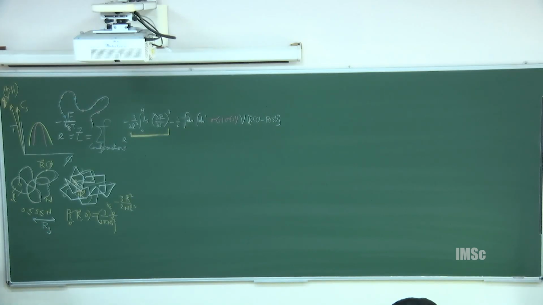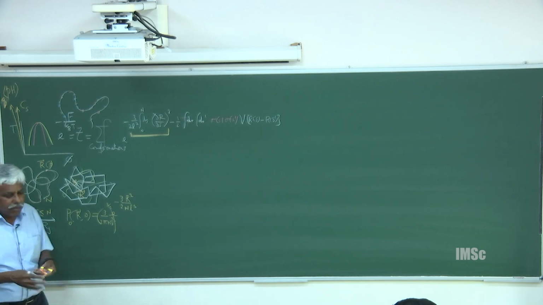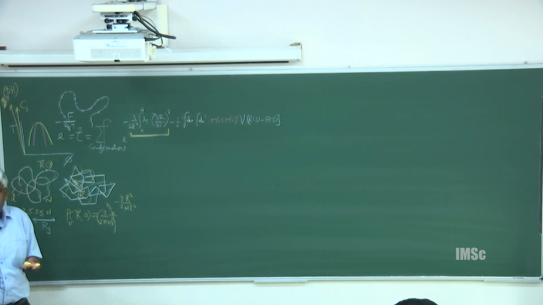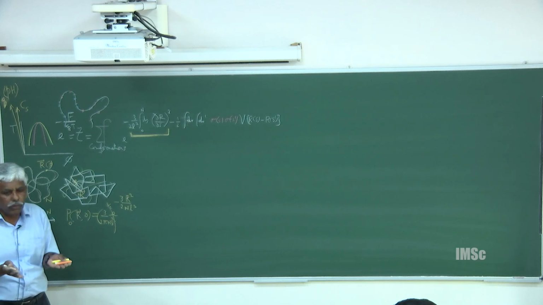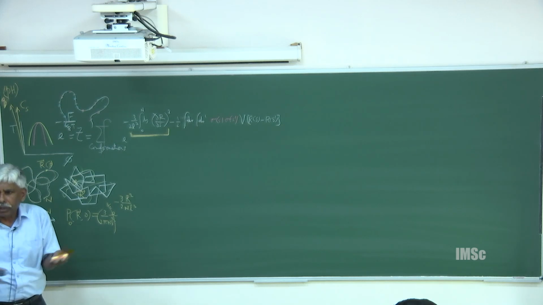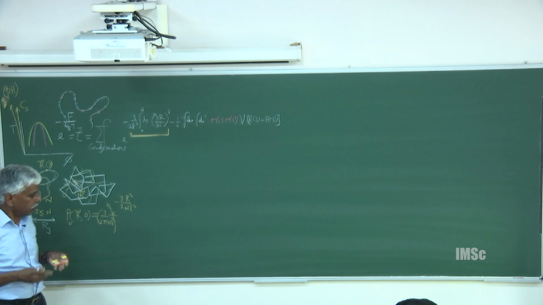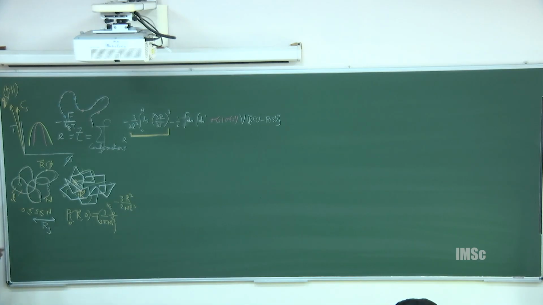So it's almost like a ball of wool. It's a fractal object. It is not a rigid potato or tomato. It's really a porous material. It's highly fluctuating. It's not rigid, but on an average sense, we can define RG. This RG turns out to be, for this model, N L square divided by 6